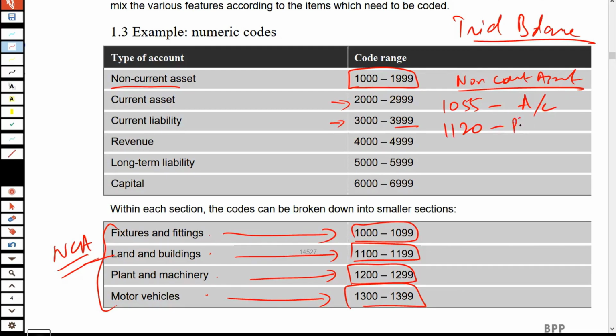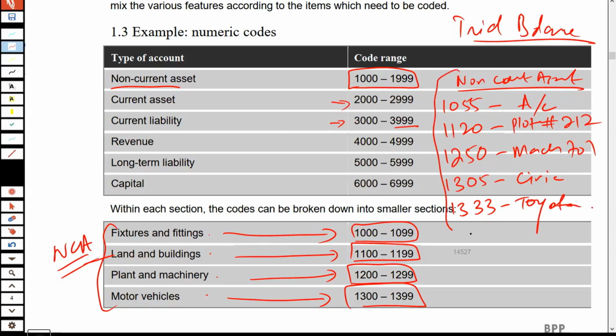1120, plot number 212, 1250, which is machine 701, 1305, Civic, 1333, Toyota, Corolla, etc., etc. Now, what happens is, whenever you have an organization, at times a lot of organization, what